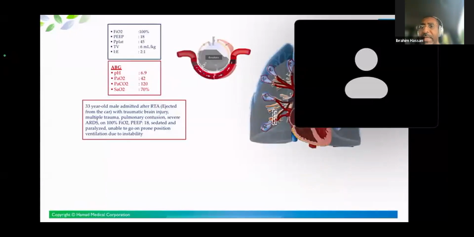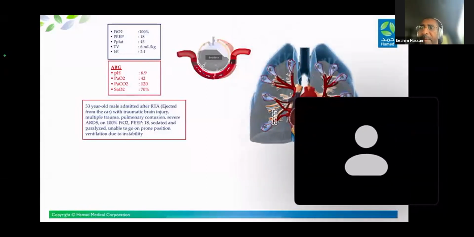And the next step after that, just to go back to the same patient that we discussed, you can see from the screen the alveolar unit that have a shunt, remarkable shunt. And this particular patient that we discussed earlier, very high setting in the ventilation, PO2 of 42, SAT of 70, white-out lung, it's a severe consolidation.